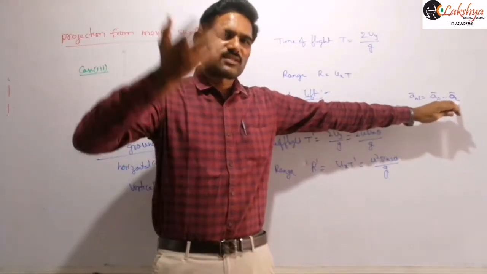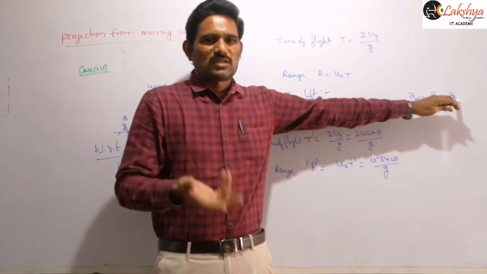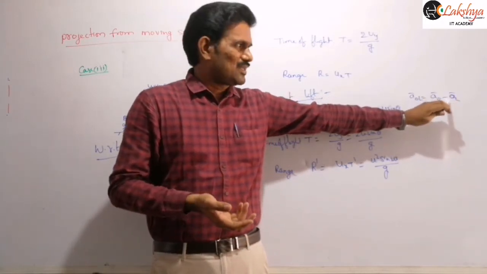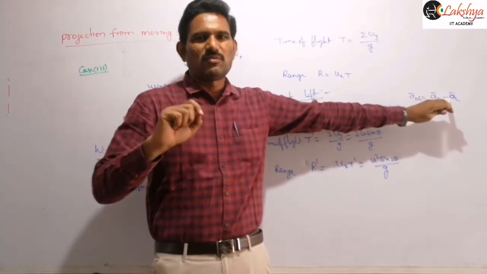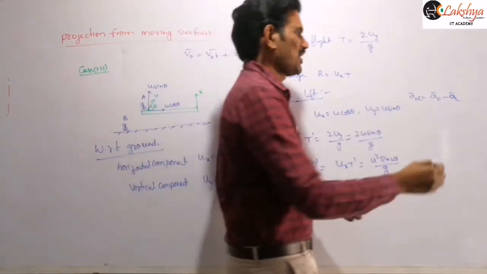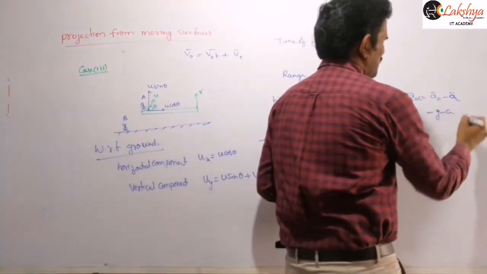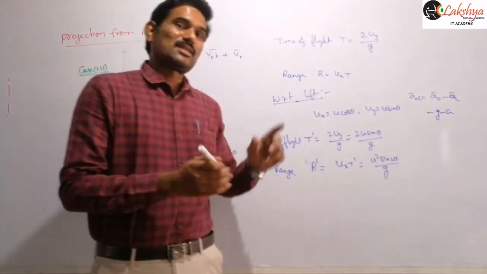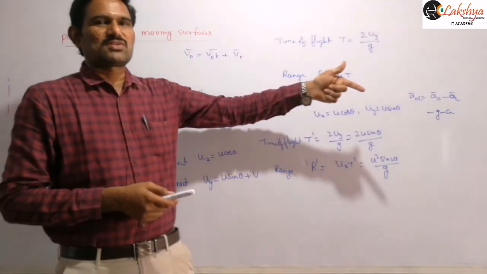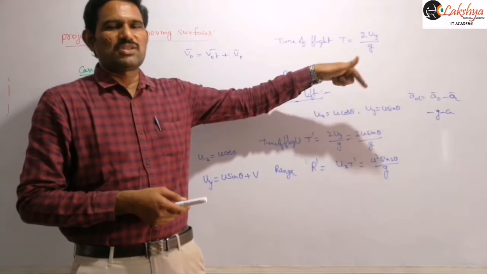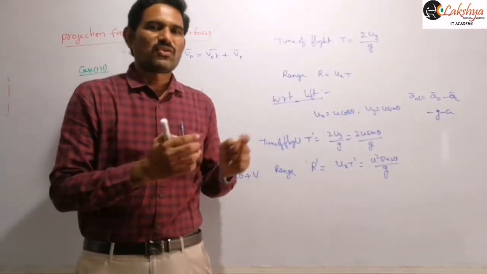And if the lift is, for example, accelerating upwards, then you will get a. With the minus sign there, the acceleration of the lift will get a plus sign. So you will get minus g minus a. That acceleration we need to substitute in the ut plus half at square term. So minus of (g plus a) we need to substitute. So don't forget about that.